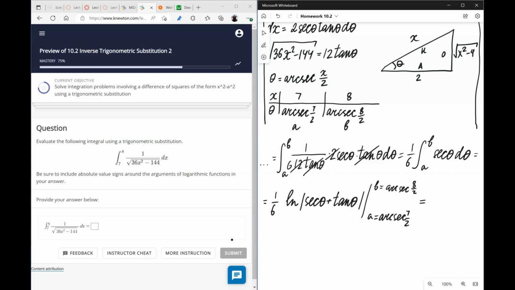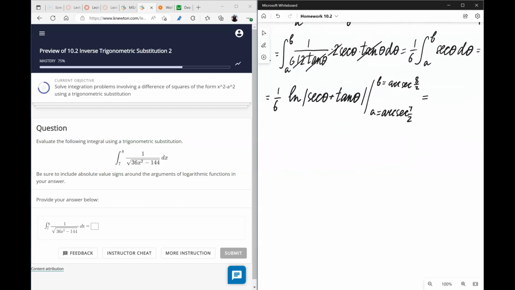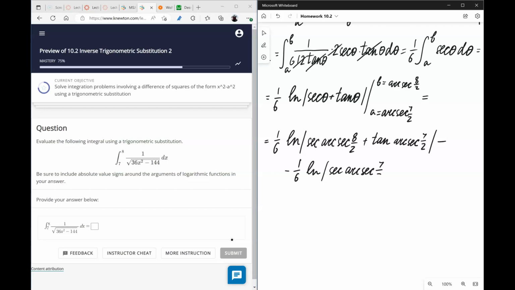And let's plug everything in. So here we have secant of arc secant of 8/2 plus tangent of arc secant of 7/2 minus 1/6 ln of secant of arc secant of 7/2. I keep making this mistake. This is 8/2 all the way, and here we switch to 7/2, but all the way. So we have arc secant of 7/2. Now, secant of arc secant is pretty straightforward. So we're going to have 8/2 here. And here we're going to have plus tangent of arc secant of 8/2 minus